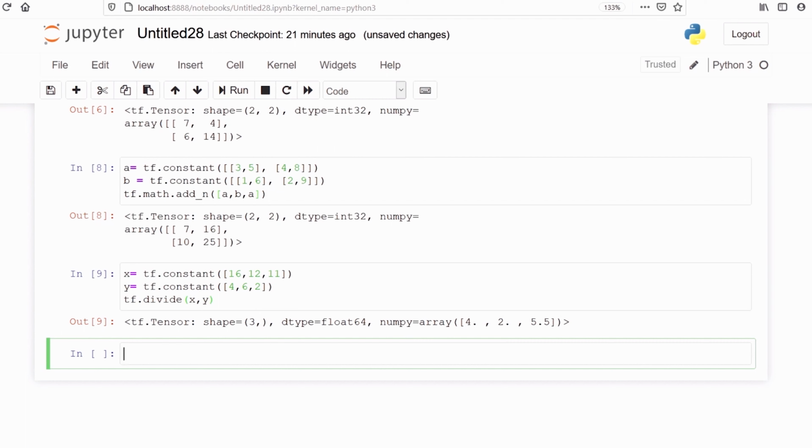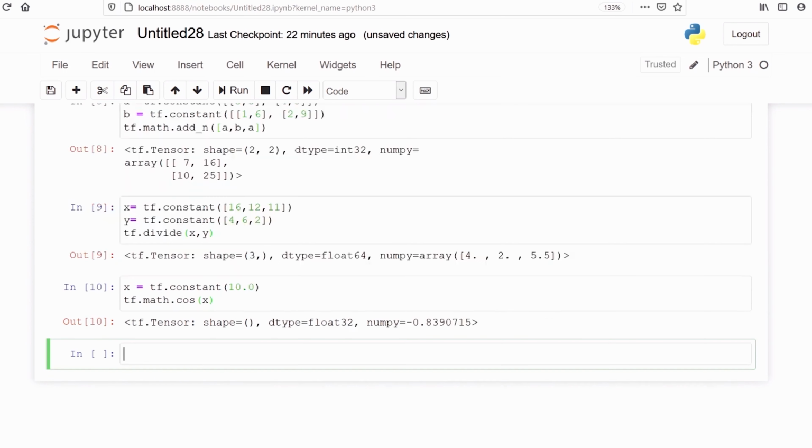There is a method cos. Using this method we can find the cos of any value. Let's check that. We will just pass one number and find the cos of x.